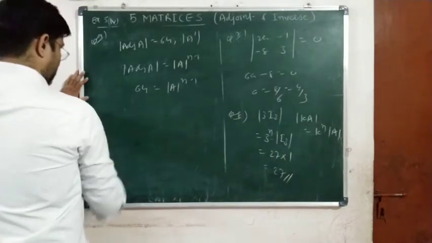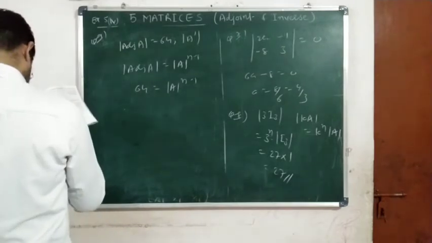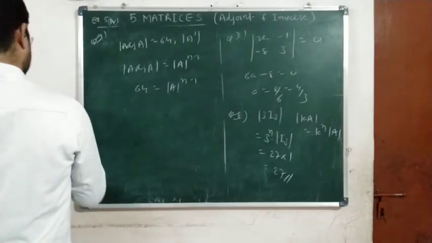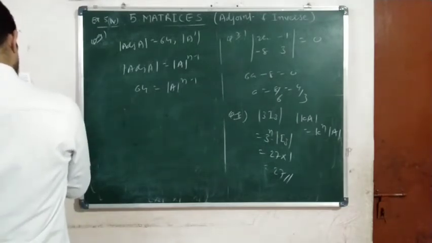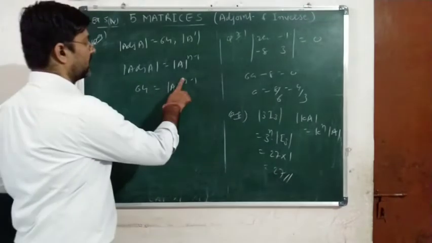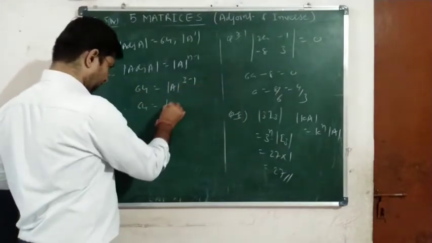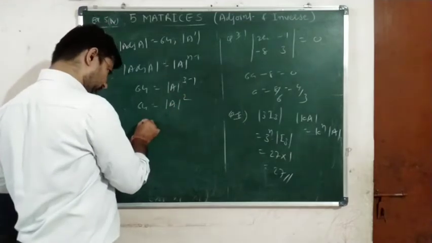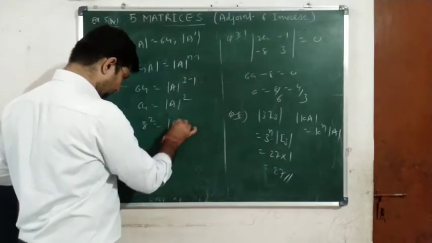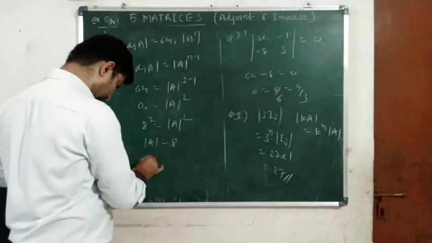Therefore, A is a matrix of order 3, so here we can write 3 minus 1, that is 2. Yes or no? 64 is determinant of A raised to 2. So 8 squared is equal to determinant of A squared, and therefore determinant of A is 8, and therefore